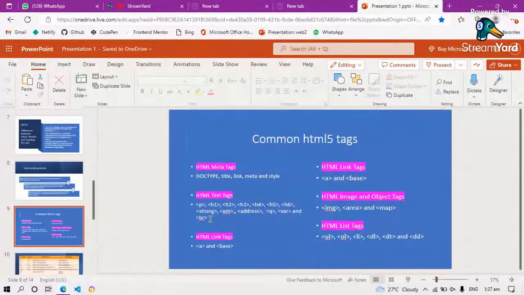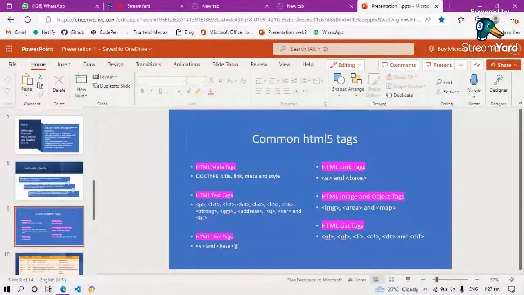And we have link tags. We have the a tag for link, and we also have the base tag for link. Okay, these are the image and object tags. This is the image tag, this is the area, and this is map. And this one we have list tags. I think Siloko will also talk about tables down, so he's going to come up with that one. This list tag, UL means unordered list.